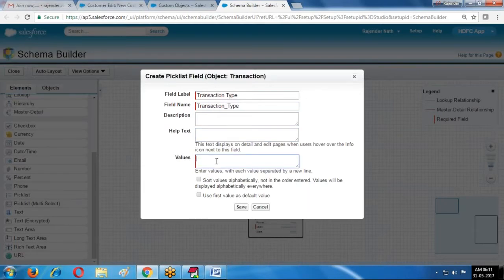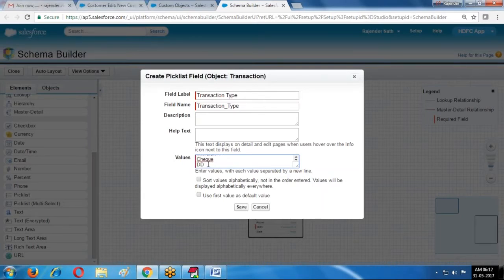Transaction types are online, credit card, debit card, cash, or deposit, cash deposit, withdraw, check, DD.